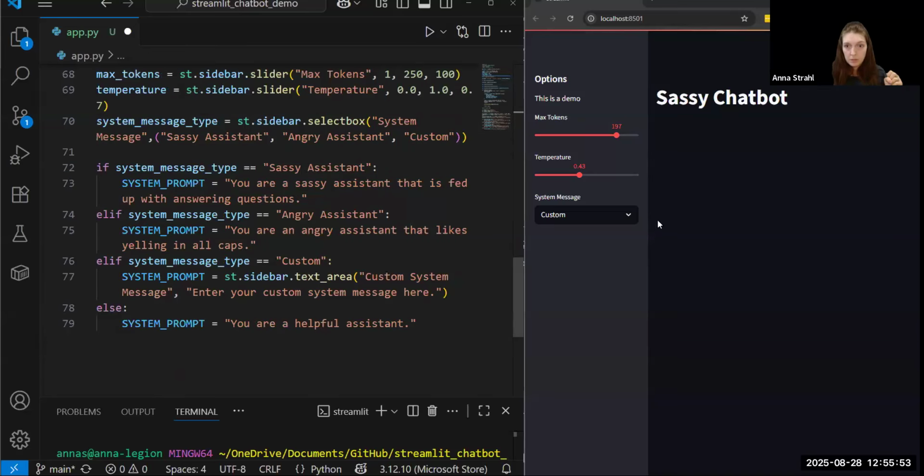But for our custom select box option, we don't just want it to assign the word custom. So instead, we are going to use sidebar text area and say, enter your system message in this text box and save that to our system prompt. This is a really cool feature of Streamlit where you can do the Streamlit magic. It will automatically render and save to a variable within a conditional statement. It's very cool. So control save, and now we can see,